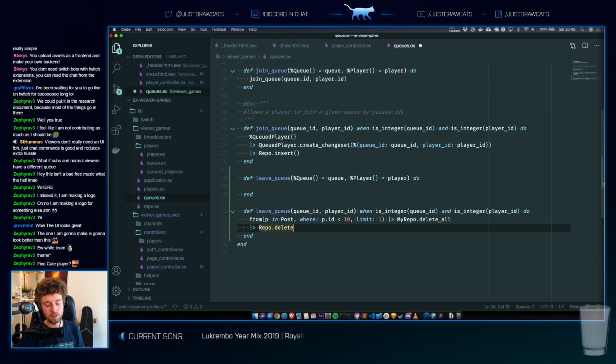Is there a way to... Well, you will always have just one time that you're joining a queue, but let's just make sure we always delete just one. In queued player. So queued player in... From queued player where... Queue...